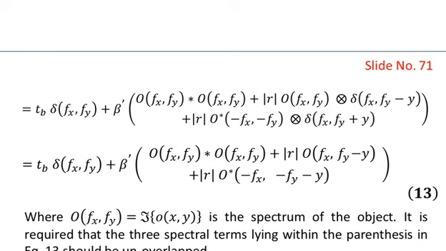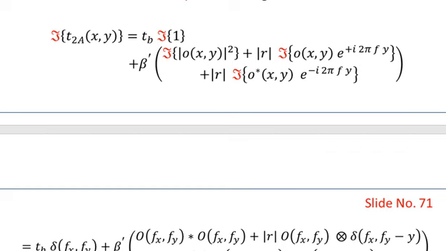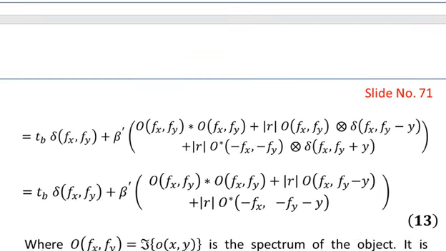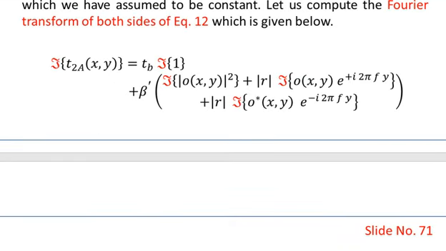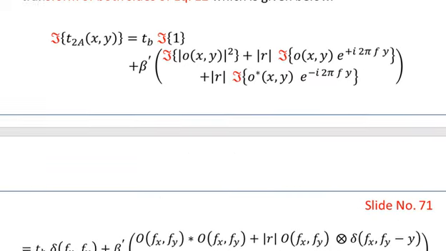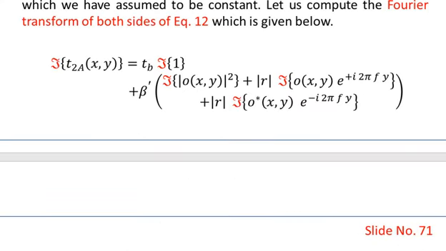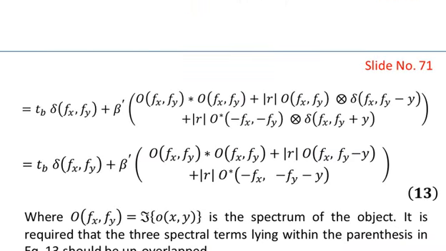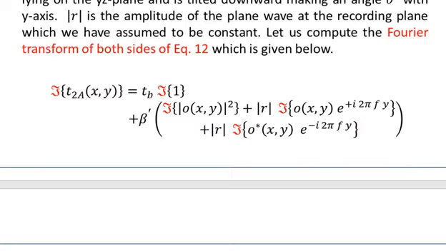the object. And for the second term we have O and the exponential. The Fourier transform of O is capital O, and the Fourier transform of the exponent is a delta function. There is a convolution sign because these two terms, the second term within the parenthesis, are multiplied, so there will be a convolution between these two terms, and this is the delta of fx, fy minus y,